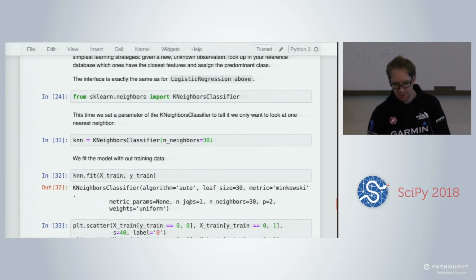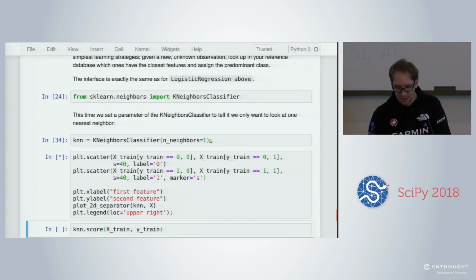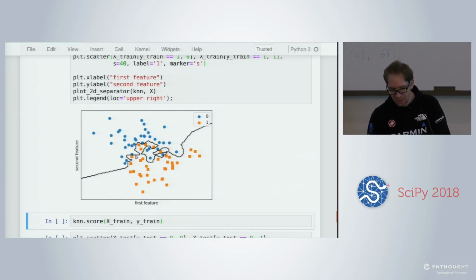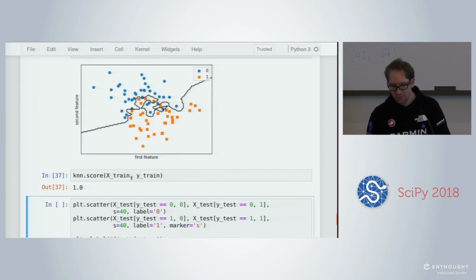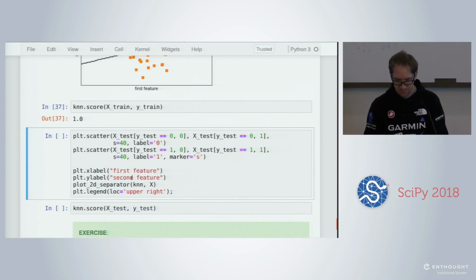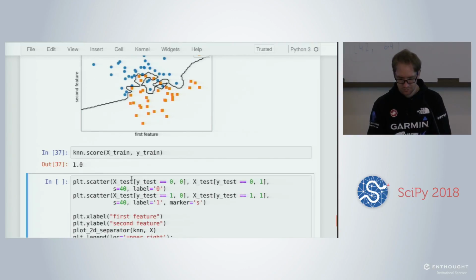We have a straight line here because we don't have samples next to each other, and then here we see that our decisions really rely on the next sample. So we have very weird decision boundaries which try to isolate every sample, and because the sample is alone, it will just focus on that sample. Before going further, try on your laptop to change that parameter, n_neighbors, to higher values, maybe 30, for instance, and see what it does.